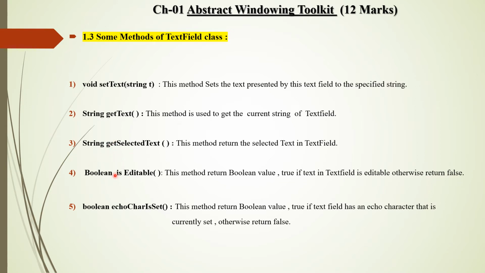So it is very important because Java is a platform independent language, and also it is a case sensitive language. Case sensitive means in Java the capital T and small t have different meanings. So it is very important to write the capital letters that are mentioned in the method. Then we see one example of text field.